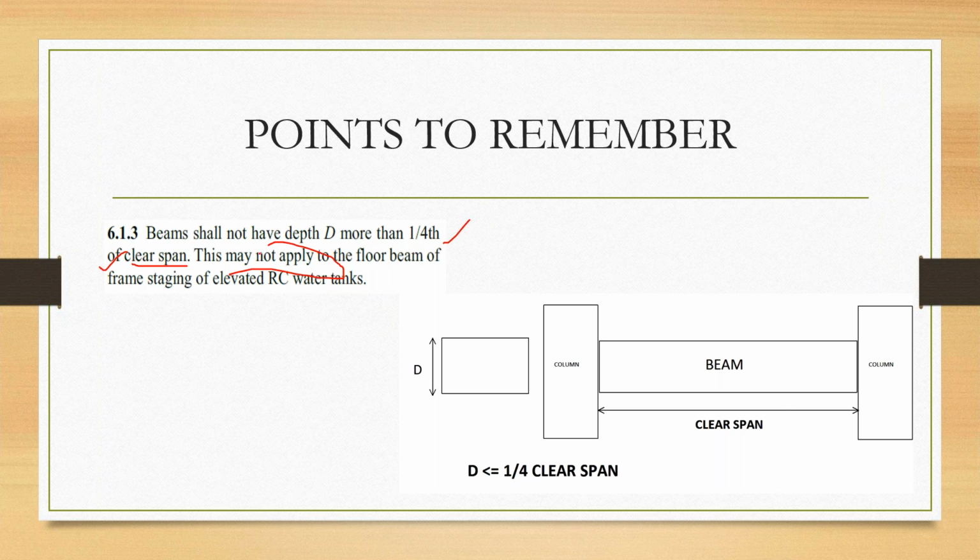The next part is not required for you now. Just keep this thing in mind. So beam shall not have depth more than 1/4 of the clear span. This is the depth of the beam. This is the clear span. Clear span is nothing but the distance between the beam